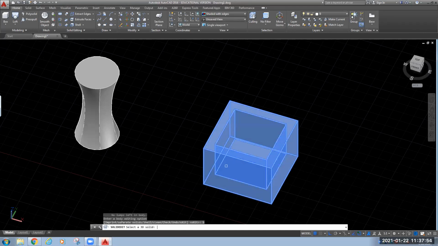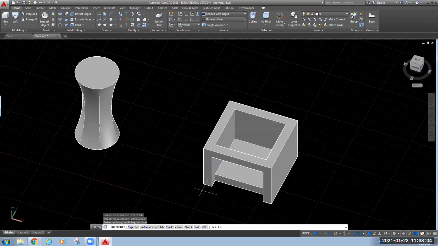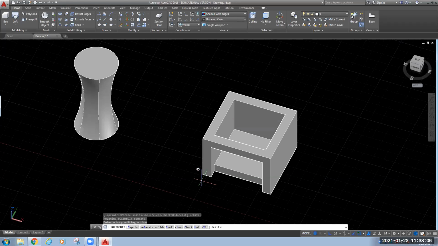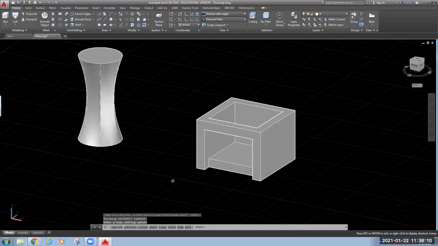Yeah, this one. Yeah, this face I have now selected. Shell offset distance I will keep as 2, and you can see we have cut that object from this side also. Okay.